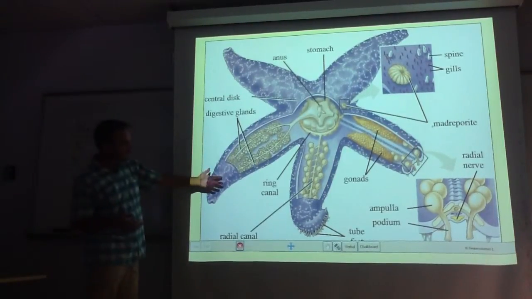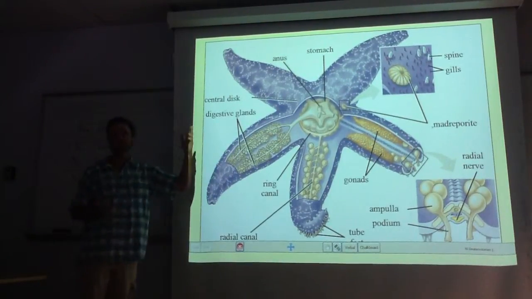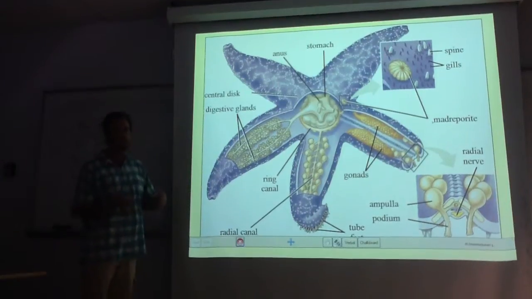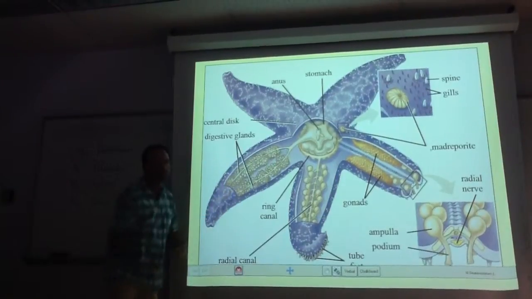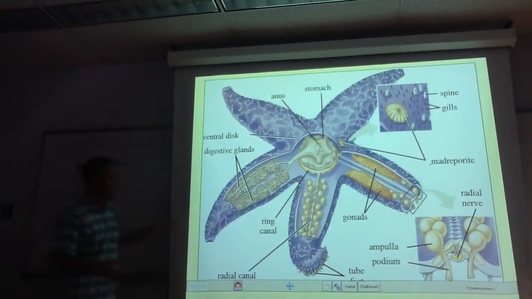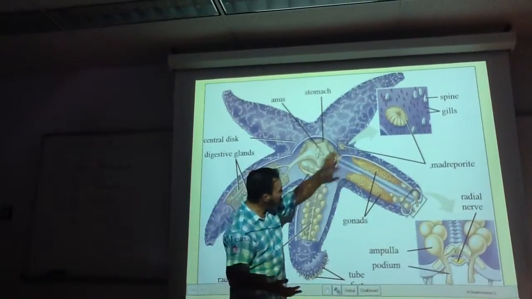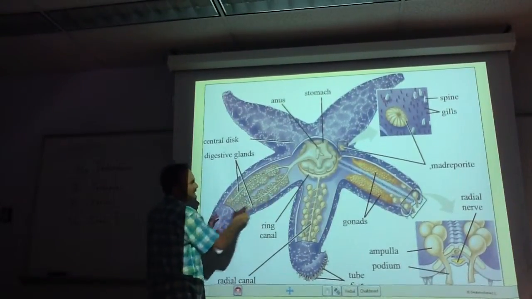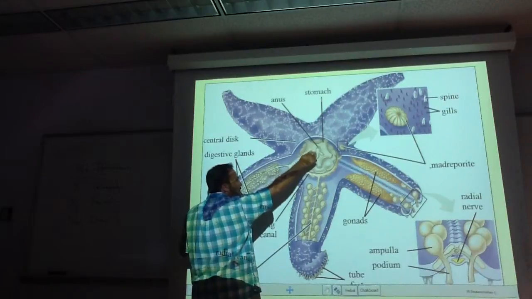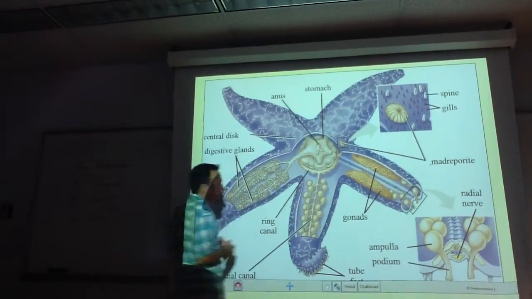And this picture is a little unfortunate because it makes it look like every arm is different. That's not true, of course, right? Every arm is the same. You'll see when you're doing the dissection, if you screw up one arm, you just go on to the next one, because they're all exactly the same. On the outermost part, when you first open the arm, which you'll probably notice first are these digestive ceca. There's 2 stomachs, this pyloric stomach and cardiac stomach.